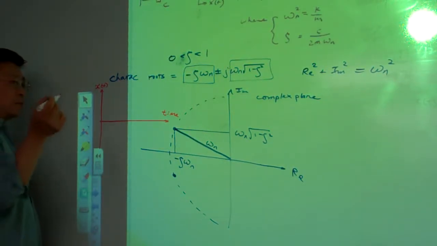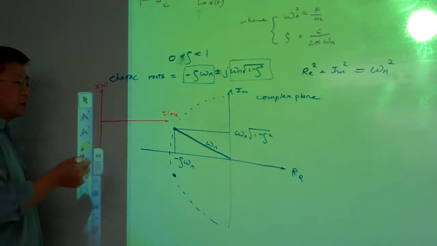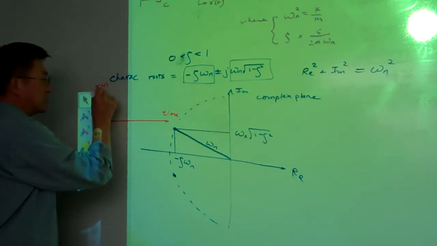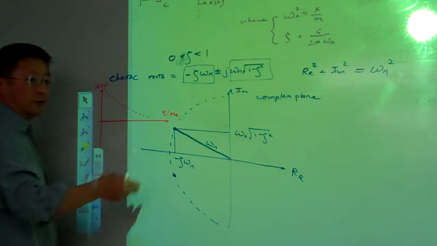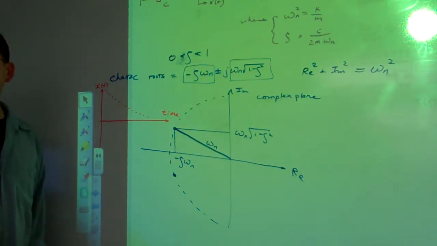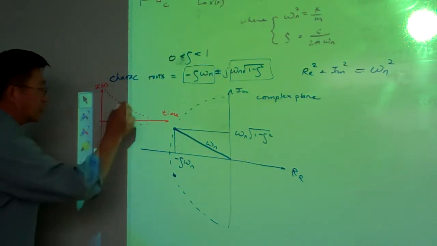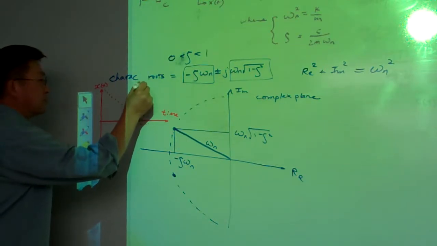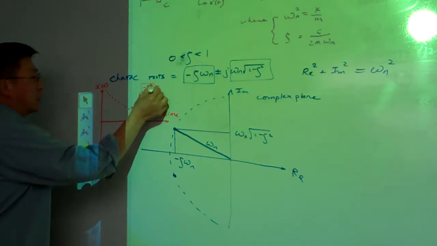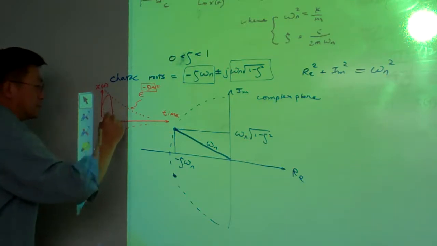And right now I'm imposing information based upon what we have learned. Based upon this, we know the real part constitutes the profile for exponential decay. That one I have repeated so many times. So this profile is exponential of minus zeta omega n t. And again, this part is our real part from here. And oscillations,